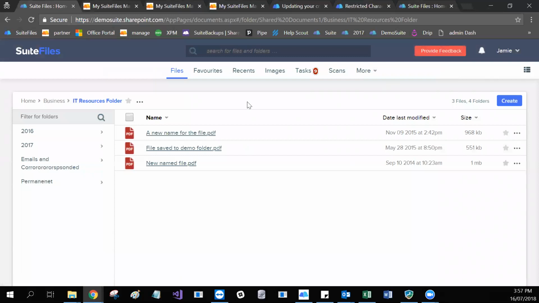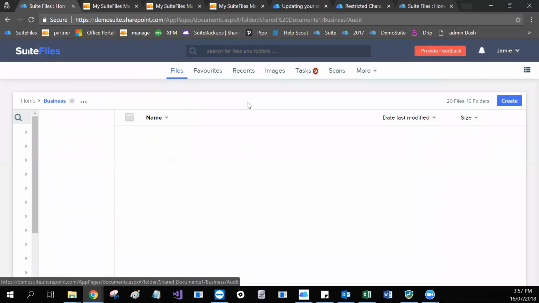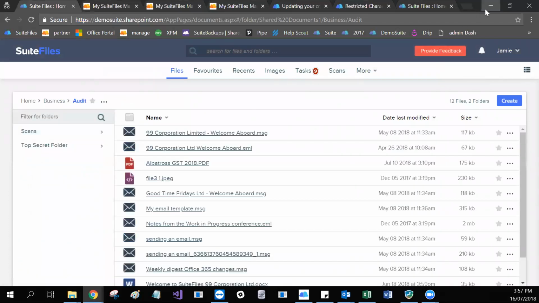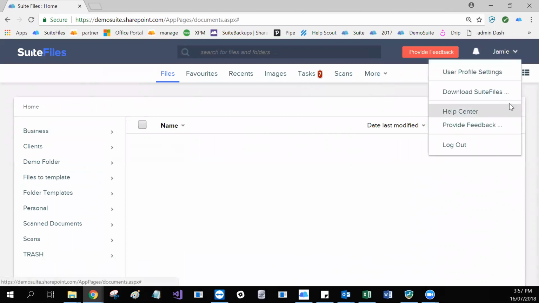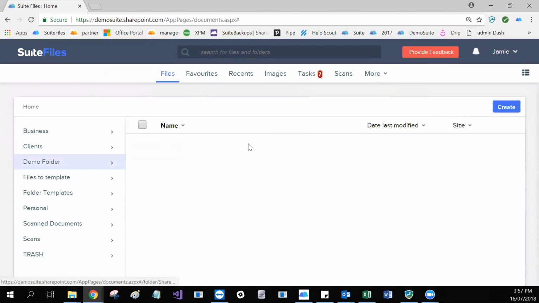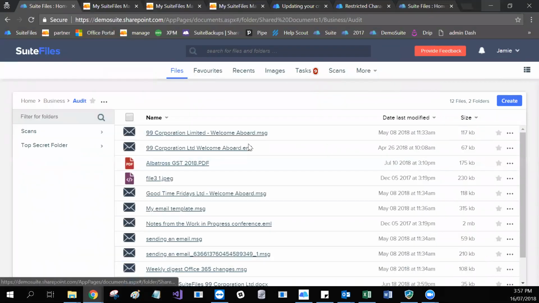no other users can. Now I'm going to do this in the other way, where for this audit subfolder, I'll just actually show you that I have a standard user logged in here, not an admin, doesn't have any of the admin features, goes into the business folder, can only see that IT resources folder, which is interesting because I have permission to it with this login. But if we go to manage permissions here,